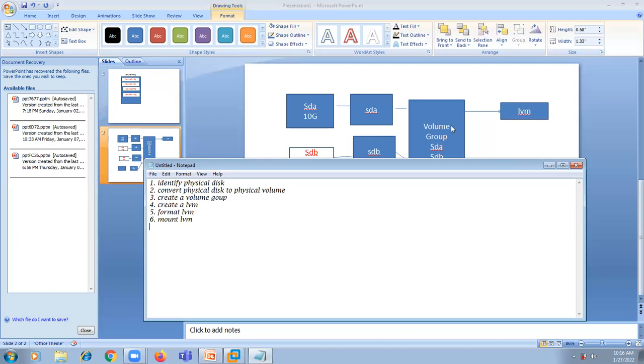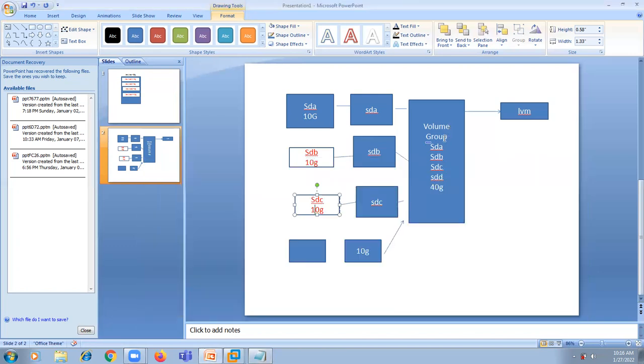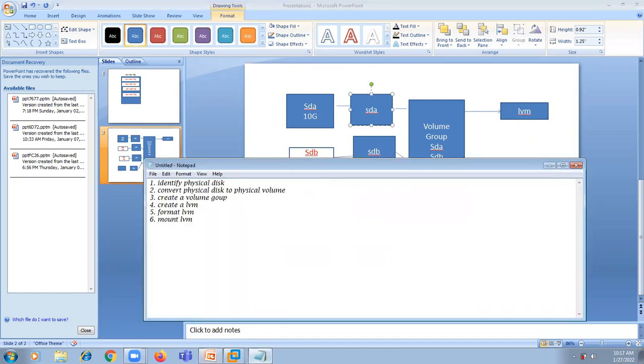Now one more thing, I'd like to share one important point here. From the volume group, if you want to create a logical volume, the minimum size of a logical volume can be 4 MB. Why 4 MB? Why not 1 MB? The thing is, when you connect a physical volume to the volume group,